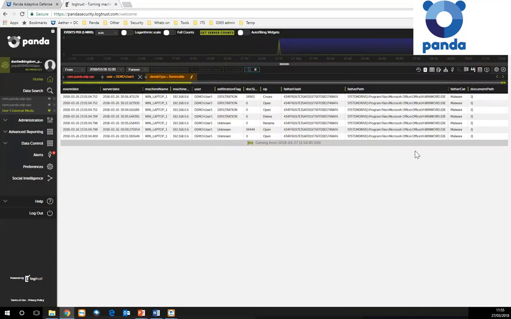Now, another thing that you can do with the data control is you can actually set up alerts. So by doing so, it's a similar approach. You can go into a console, you create a query, you're looking out for potential triggers of notification. So this could be when a user is using external media, or when a particular file or data location is being accessed, or if there's a large volume of data that's being exfilled. You can create the associated query and save it as an alert.